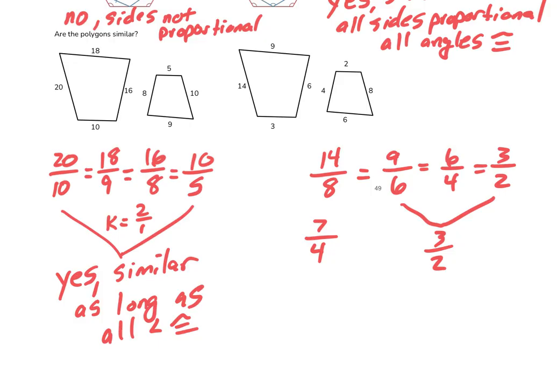Okay, so because these two are not equal, then we would say these two are not similar. All 4 lengths must be in the same ratio in order to be similar. Okay, if 3 out of the 4 are, that's great, but it's got to be all 4. Okay, so those are the things you got to really, really pay attention to as you